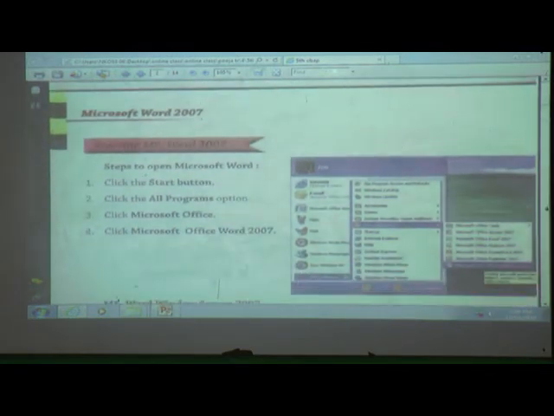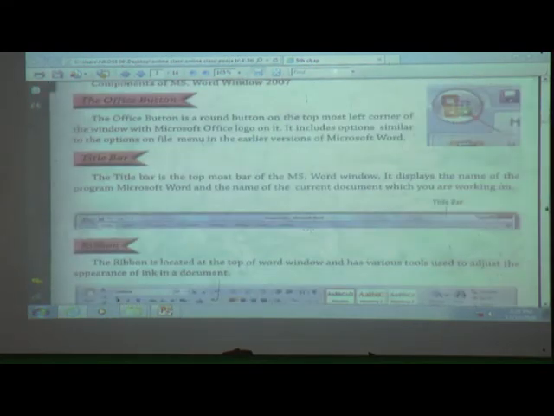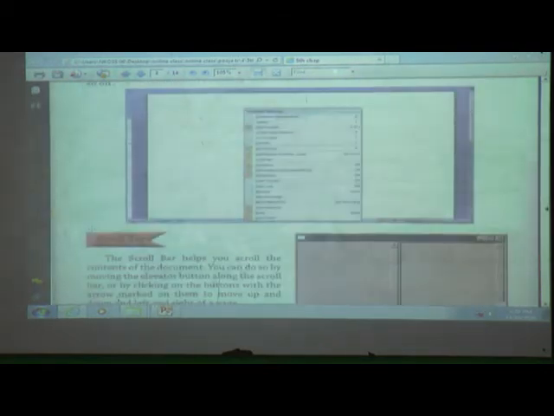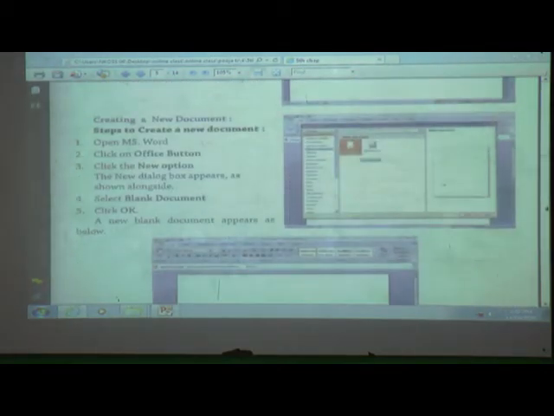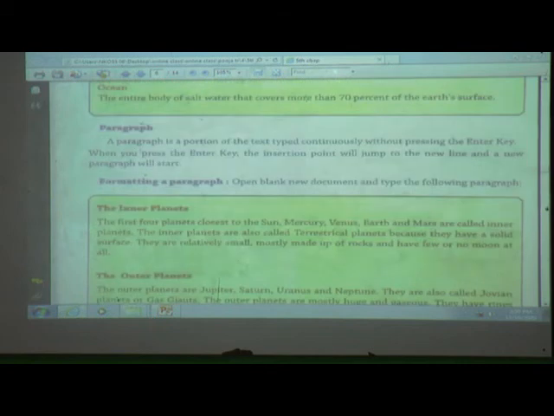Now how to start MS Word. Components of MS Word. What is the use of each particular component? Now how to create a new document. Afterwards, how to write a paragraph.